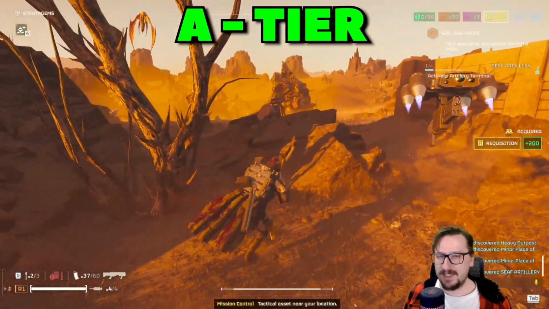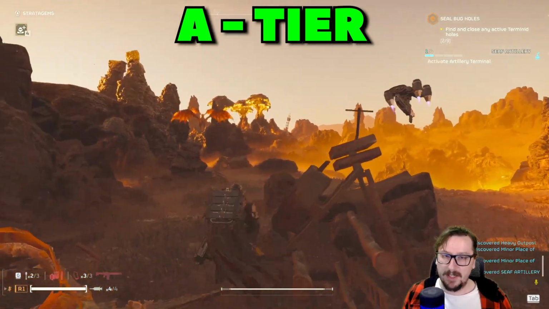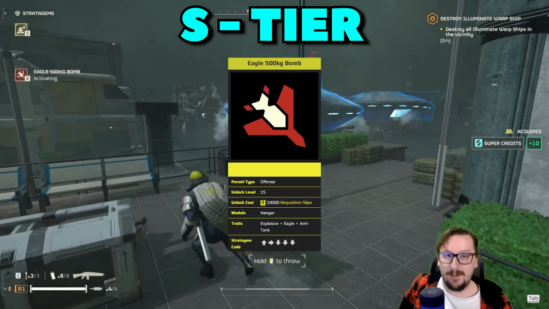It's not always the most consistent, as sometimes the explosives go a little bit wide, but still, for the most part, it does quite well on the missions that you really want it to, and it's just an all-around very solid pick. And then into our S tier, we have one S tier Eagle Strike, which is the Eagle 500